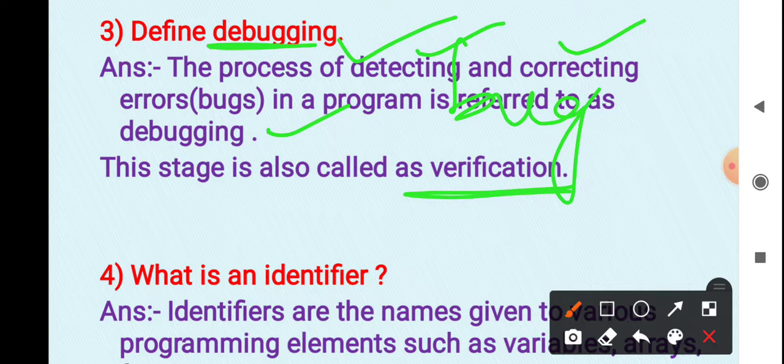So what does debugging mean? The process of detecting and correcting the errors in a program is referred to as debugging. This stage is also called verification. Okay, so next question,